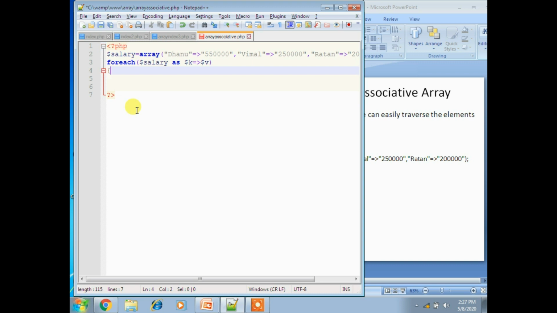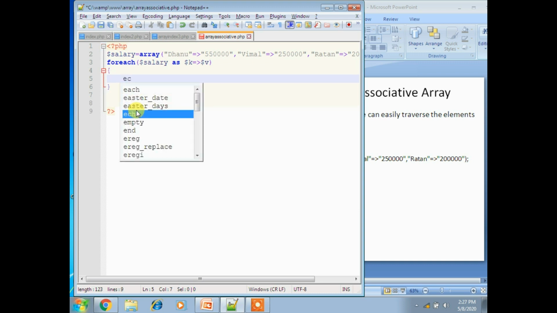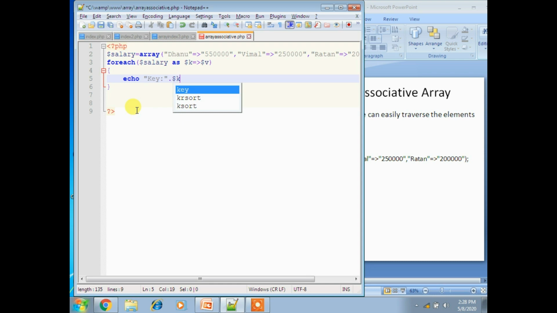Now for this I am using echo, key colon the value whatever you are using, that is $K, and then dot, and use a value. So we have to insert $V dot double quotation BR.